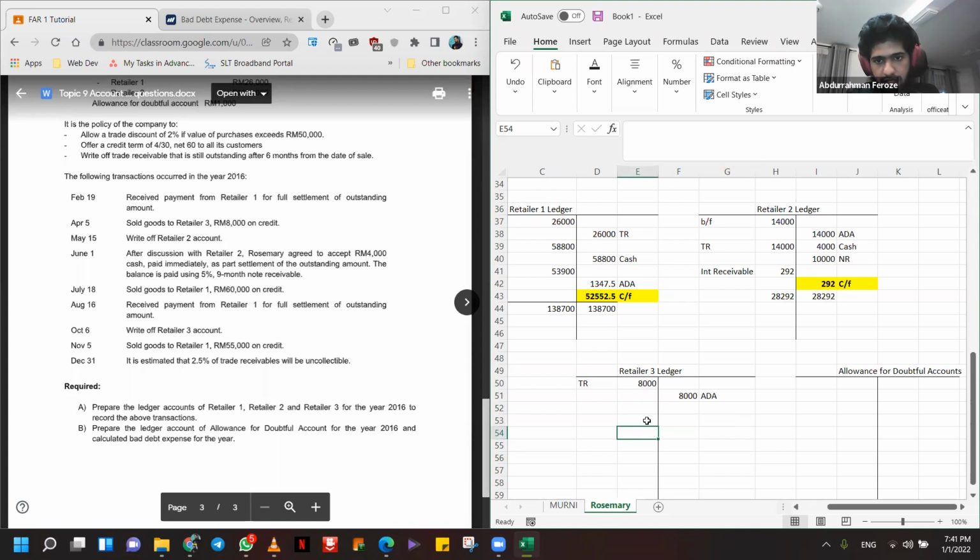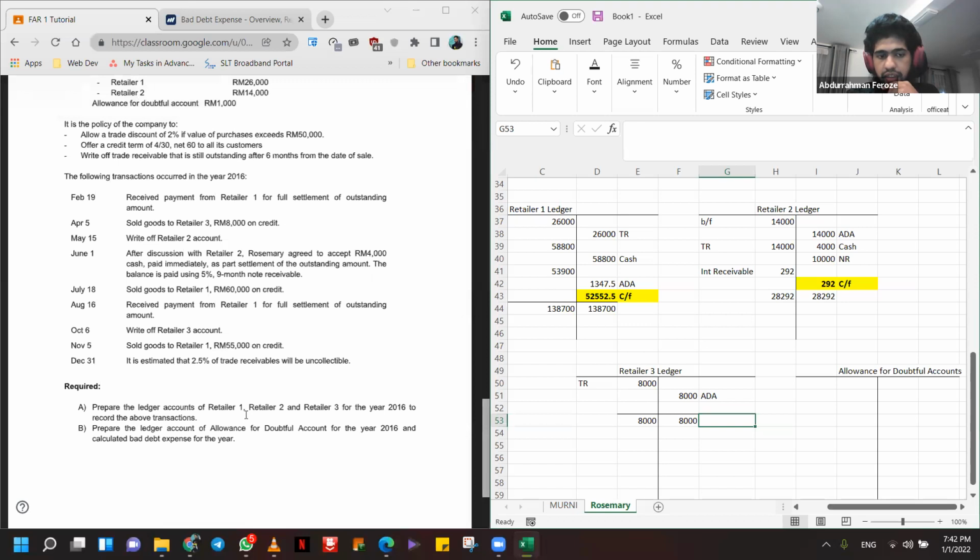Yeah, over here the account is simply closed, as in they purchased products for 8,000 ringgit, and then that was written off. So then there's nothing really to carry forward because it has already been written off. Okay. So then that would be the answer for part A, which is the ledger accounts for retailer 1, retailer 2,